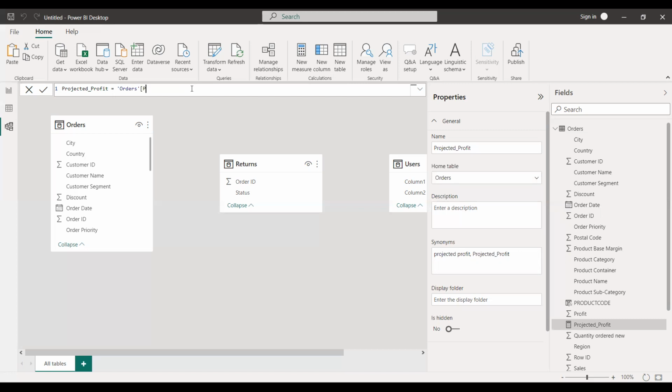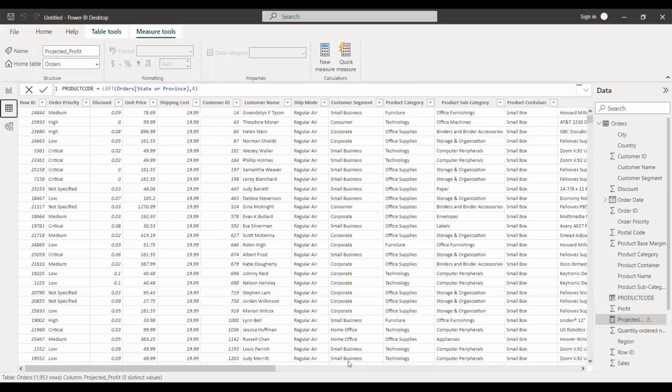Then you have profit into 200%, which is twice. Orders cannot be determined. So if I remove orders here, now it is not able to know. Now when we go to data here,